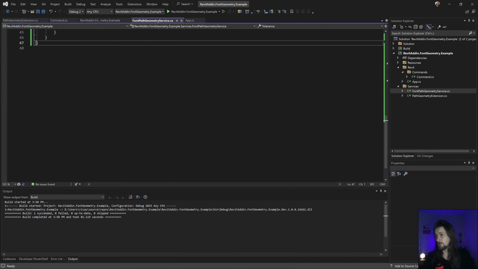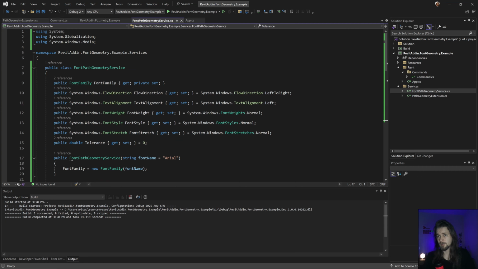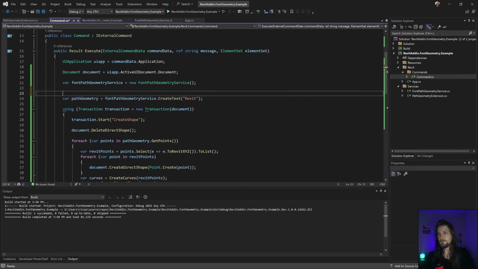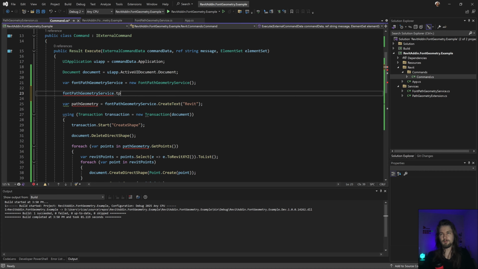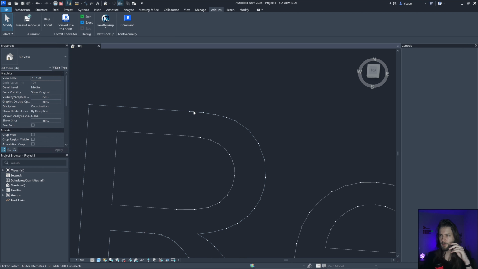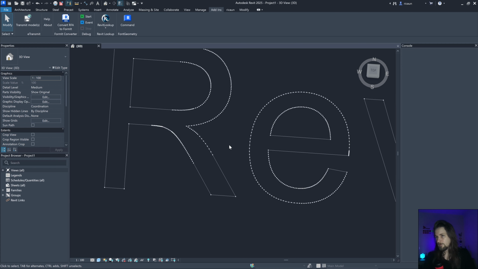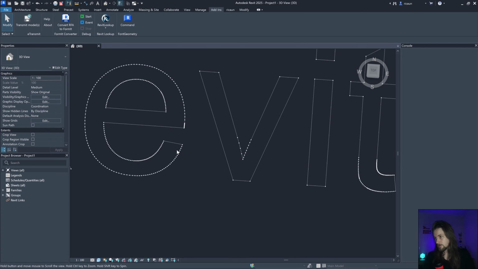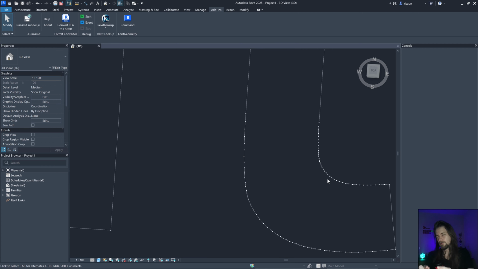So let's take a look in other methods like this, like the tolerance. I'm gonna show what that does. So if I go in here, in my case, the tolerance is 0, so by default, it's gonna be automatic, I guess. But I can set it to 0.01, just to show. And I'm gonna rebuild. That actually is gonna add more points in this curve, because it is a Bezier curve, so it's probably gonna add more points. Yeah, you can see a lot of points. And if I add too many points, Revit is gonna complain, because I cannot create 2 points near each other.